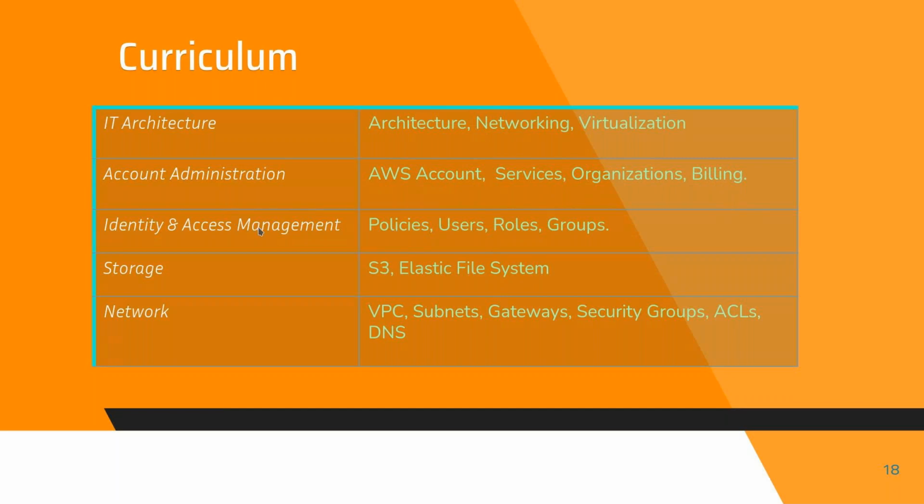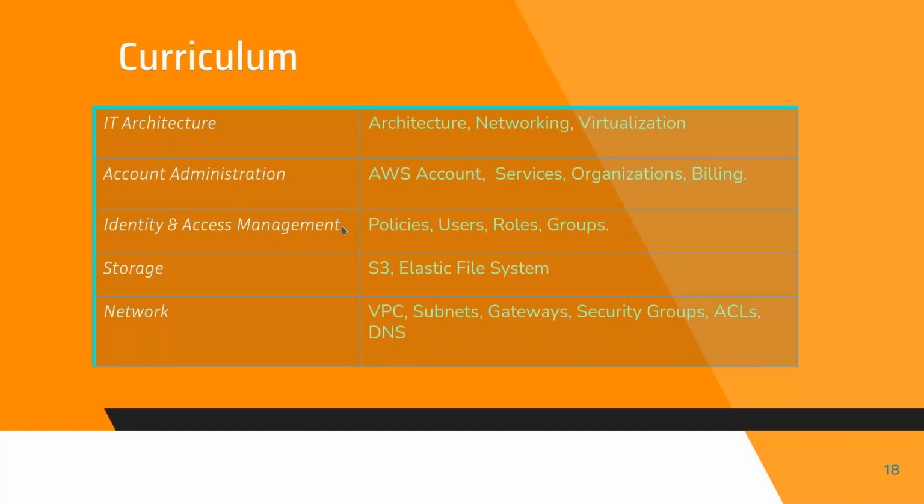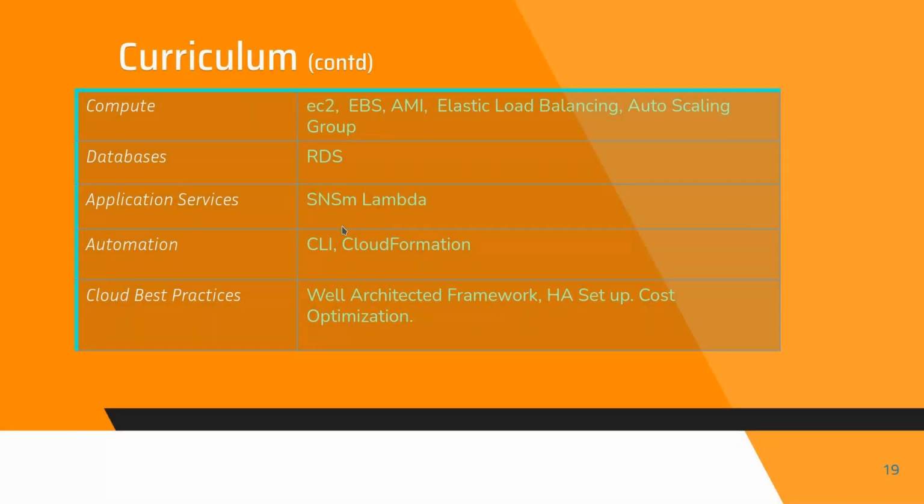Similarly, when you're learning about identity and access management, we'll talk about some topics initially, but for things like roles, we are going to put it to a later time when you learn about S3 and EC2 and all these things. Okay, so is the case with Elastic File System. We'll wait for you to learn about EC2 and all these things, then we'll learn those. Okay, so we'll not go in order, but I'll go in a logical flow, which will help you understand these things one after the other. And also somewhere in between, I'll introduce CLI after you learn EC2 and all these things, because I want you to automate some things. All right.